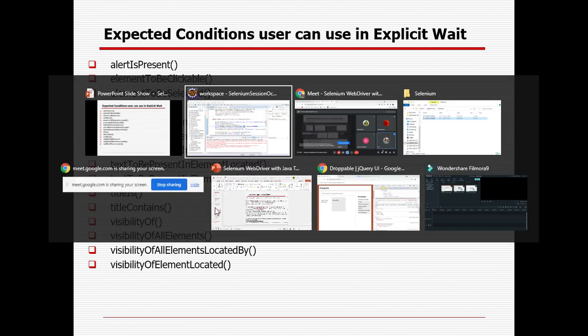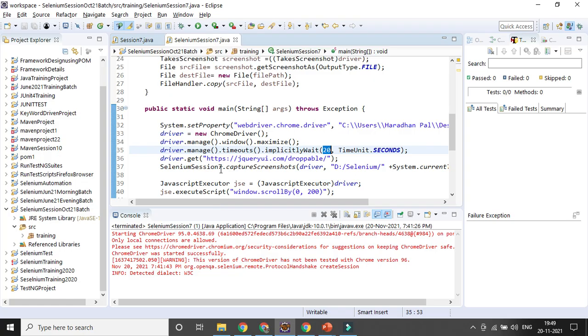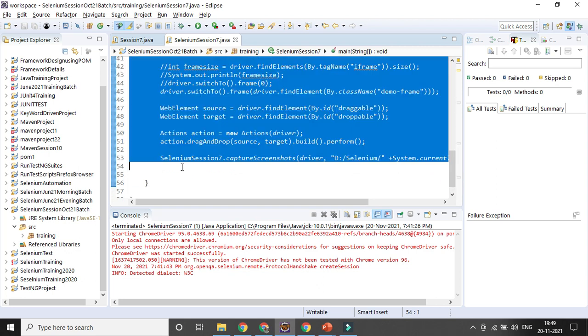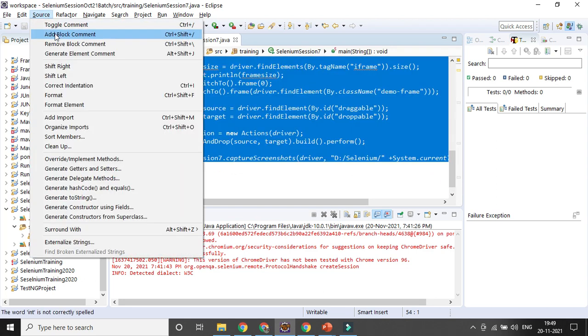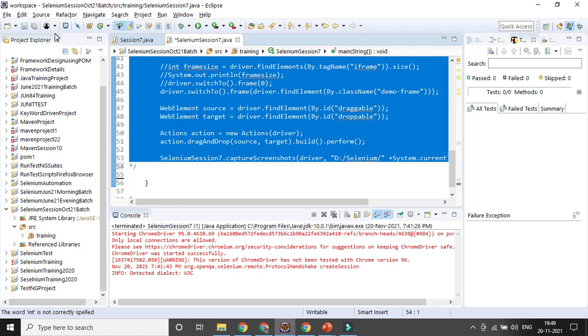So let me give a simple condition here for the explicit wait. Let's comment out this part. I will be creating an object or instance here.